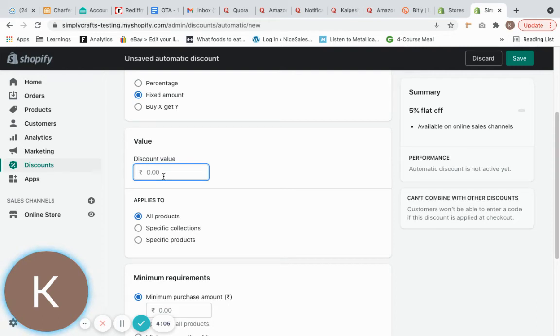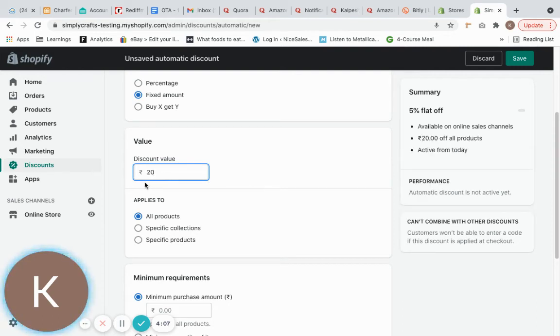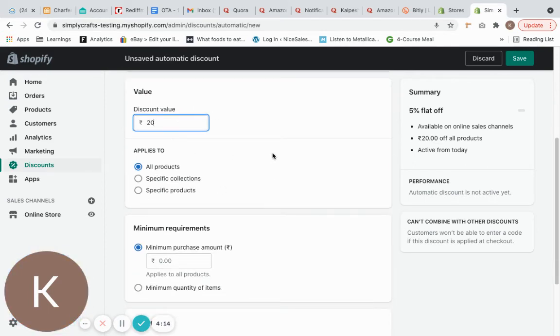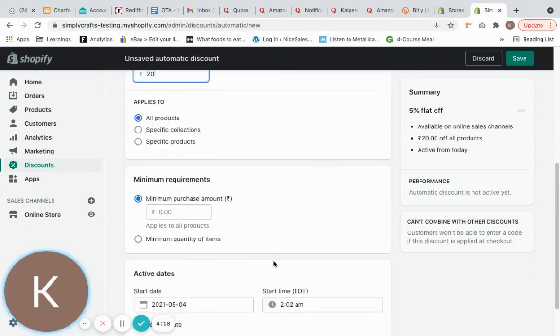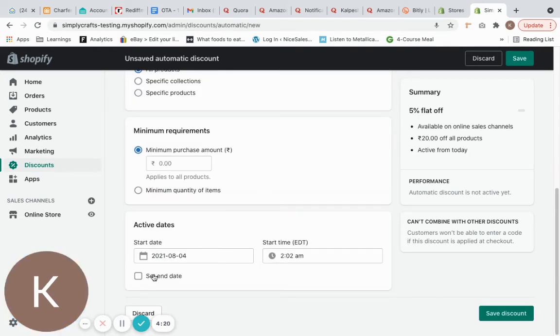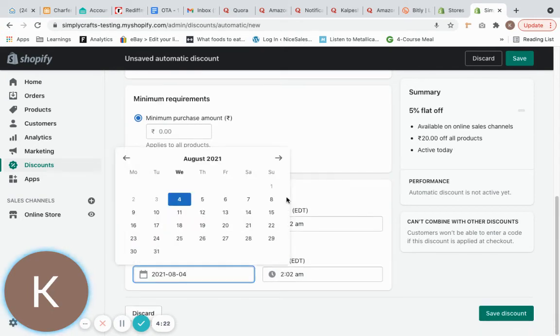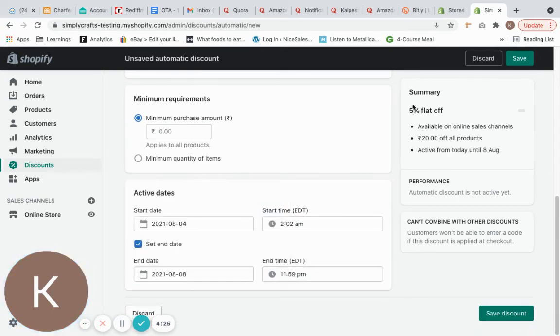Now for the percentage or fixed amount, let's say I'm giving 20 rupees off, or if it is in dollars, then whatever the amount comes to, that can change as per your global currency settings. I'm applying this to all products, and a minimum purchase amount is not required. I set the date, and I'm just selecting it for the weekend, and then you can see the summary, like 5% flat off available on all online sales channels.